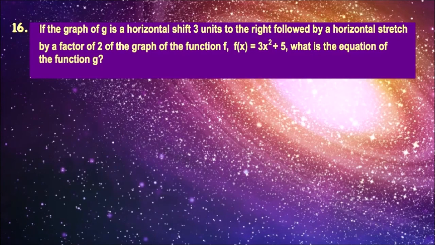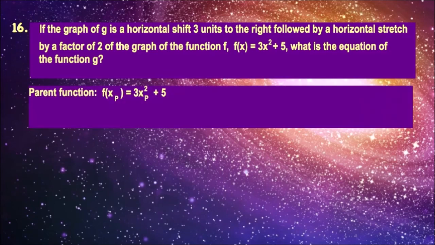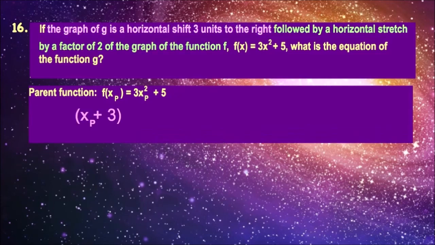Question 16. If the graph of g is a horizontal shift 3 units to the right, followed by a horizontal stretch by a factor of 2 of the graph of the function f of x equals 3x squared plus 5, what is the equation of the function g? Parent function, f of x parent equals 3x parent squared plus 5. X parent minus 3 because of the horizontal shift 3 units to the right. The quantity multiplied by 1/2 because of the horizontal stretch by a factor of 2